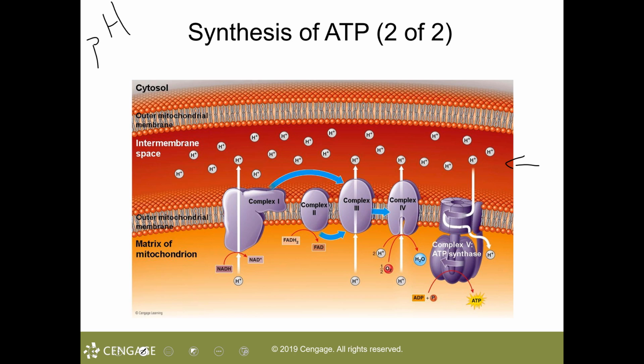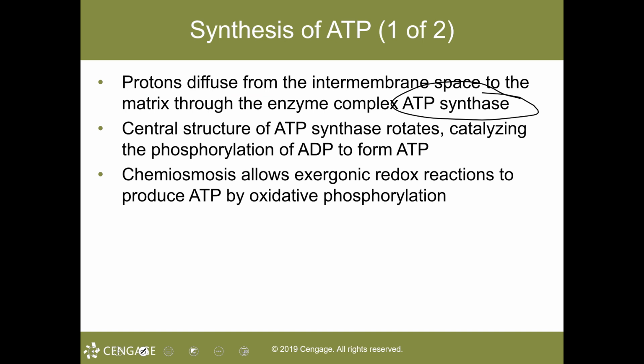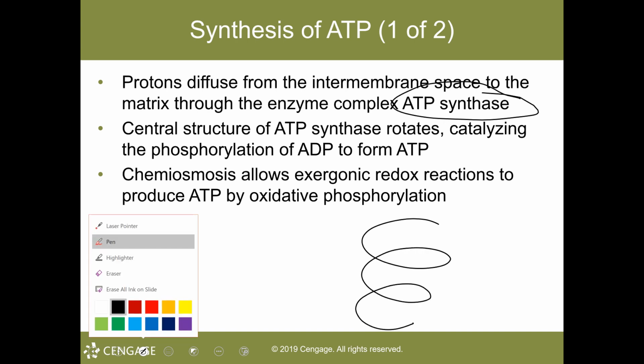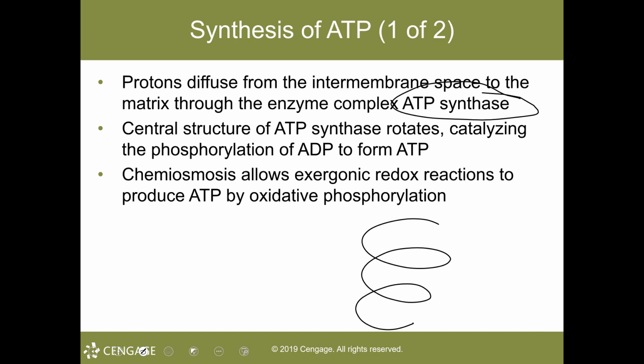So now we get to chemiosmosis, that energy coupling. It's coupling that active transport as well as that facilitated diffusion to make ATP. So that's what you're about to see. As it states, that central structure of ATP synthase rotates, catalyzing that phosphorylation from ADP to ATP, from what was adenosine